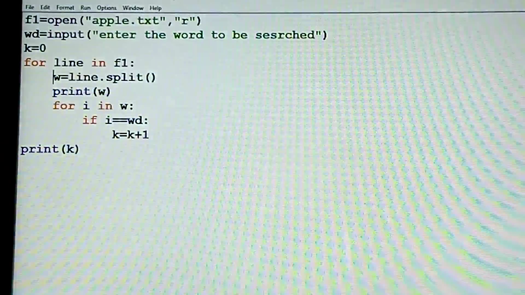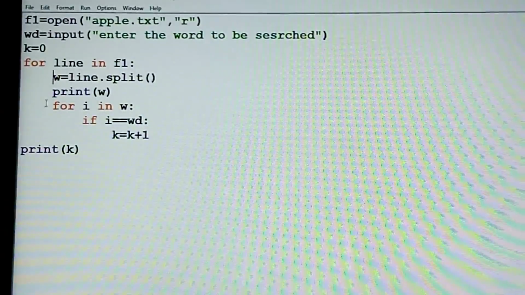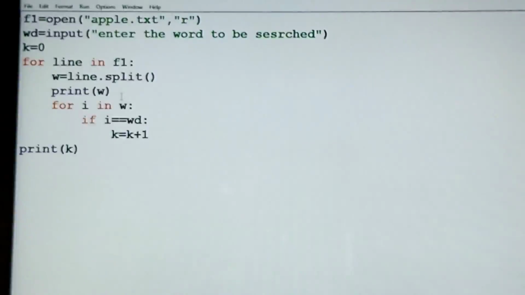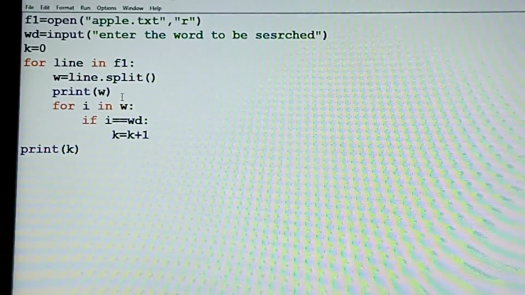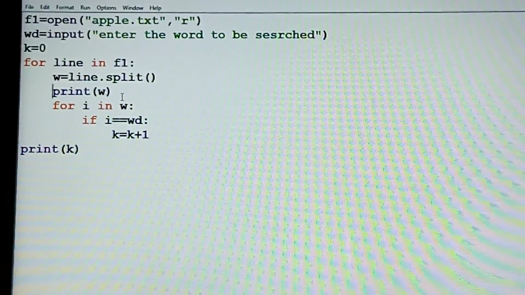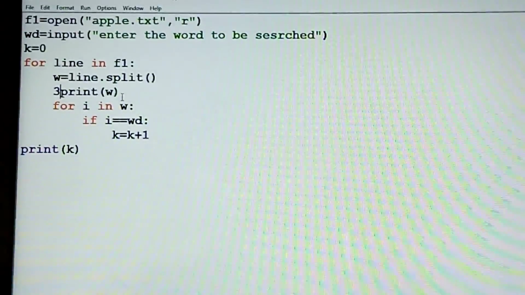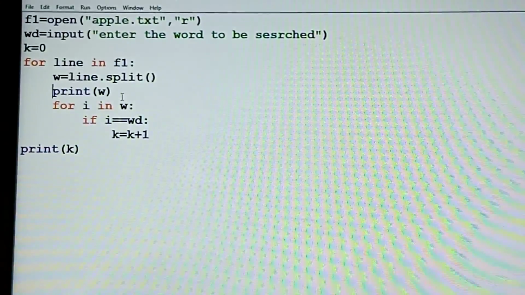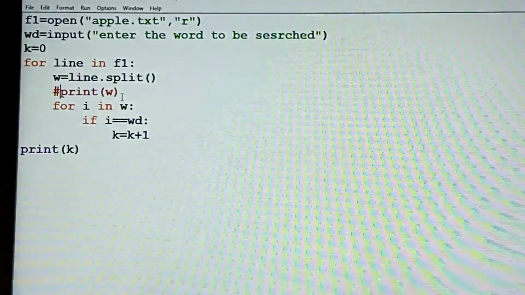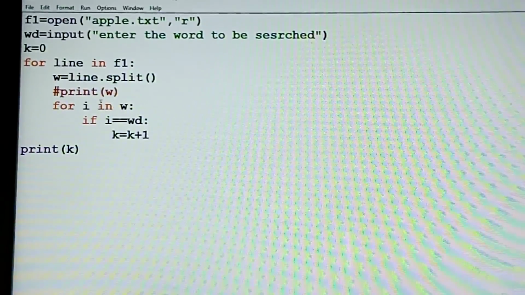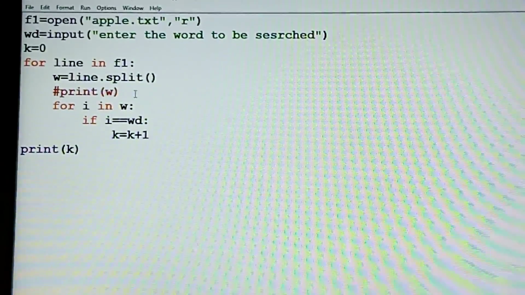So this is the function of split. Now this line was only to show you this, I wrote print w. So this line is not required, so I am going to make it a comment. It will be a comment, it will not work.